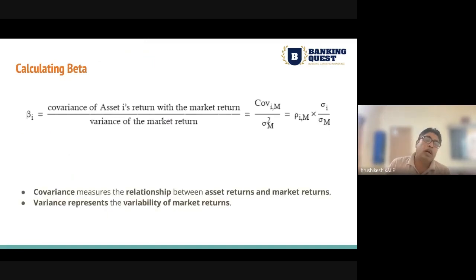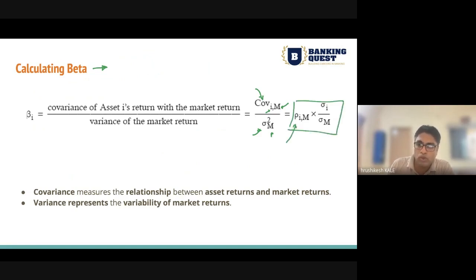Now, how do you calculate beta? That's not in your syllabus to calculate in Excel. I would have shown you, but don't worry. Simple. The formula is covariance of your stock with the market upon variance of the market. Variance is nothing but the square of standard deviation. It can also be written as